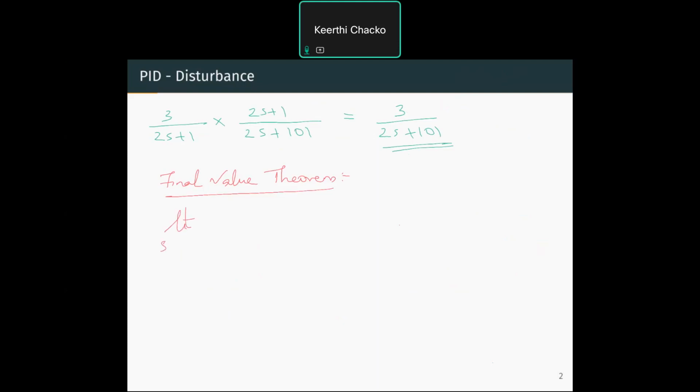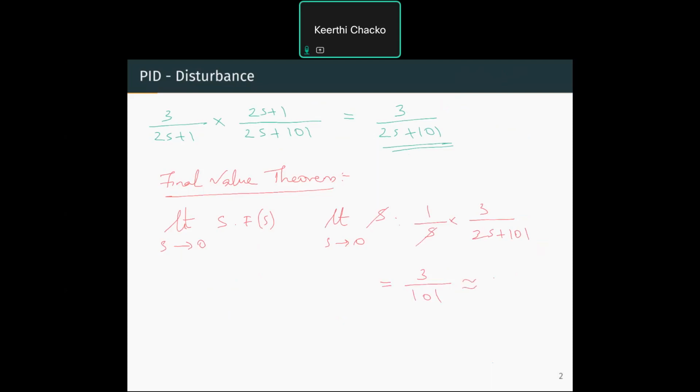So limit s tends to 0, s into our function. Now here we have limit s tends to 0, s into, we are giving a step input to the transfer function 3 by 2s plus 101. So that results in 3 by 101,